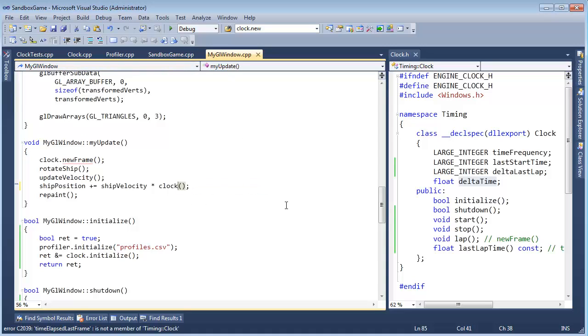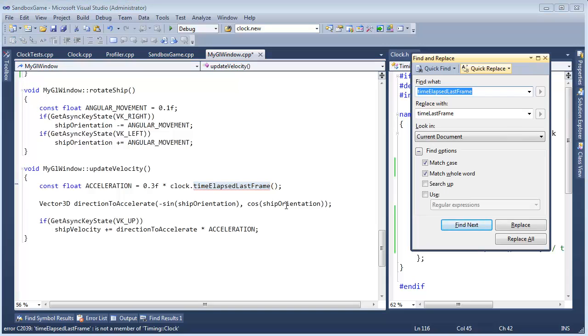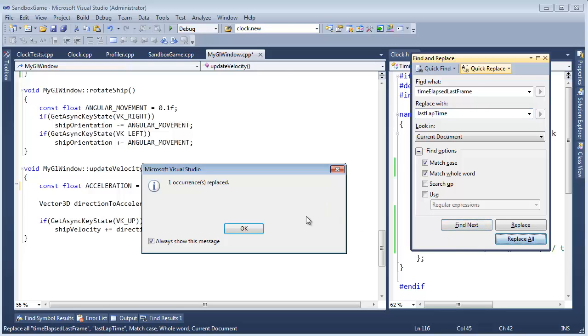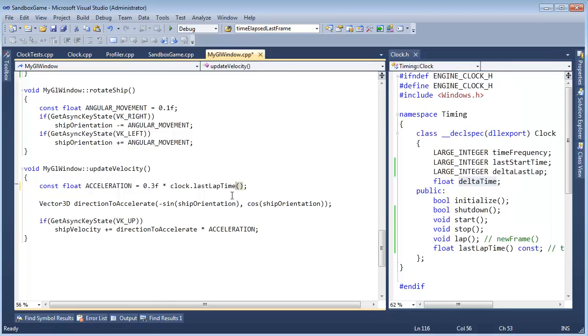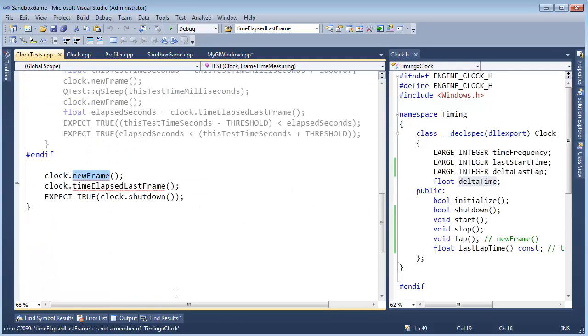So let's do this last lap time, Control Shift F12, jump to the next error. Well, I'm going to Control H this, and last lap time, replace all. That was useful. One occurrence fixed, whatever. Control Shift F12. Here's the unit test complaining. So I'm going to say lap here, Control U,